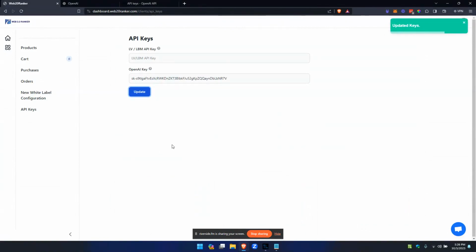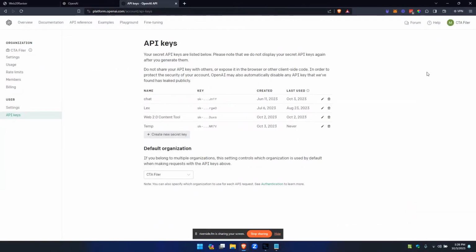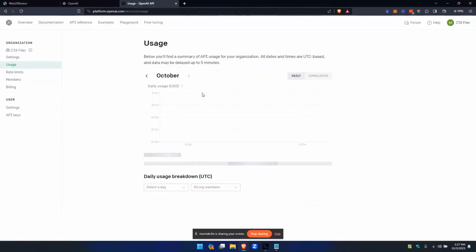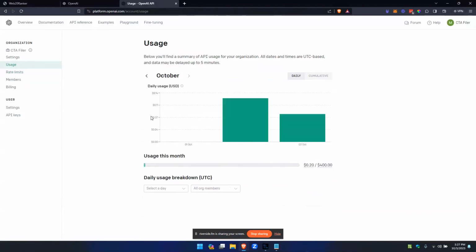Once that is updated, you will be able to use any of the AI content generation tools, and it'll now be going through your OpenAI API key on the back end here. And at any time, you can go and check your rate limits, your usage, and all these things. If you go check your rate limits, you'll be able to request higher rate limits, or sorry, if you go to usage,